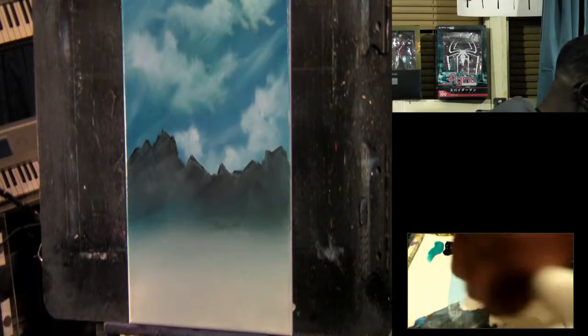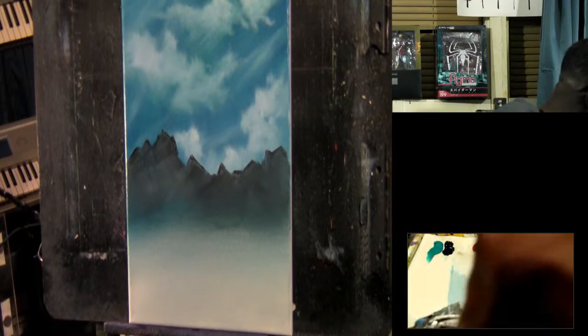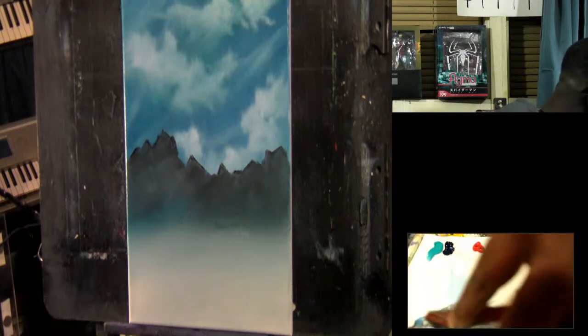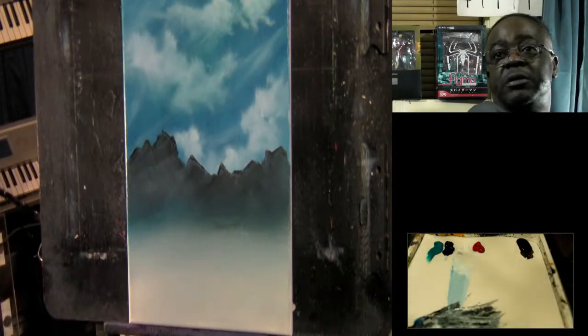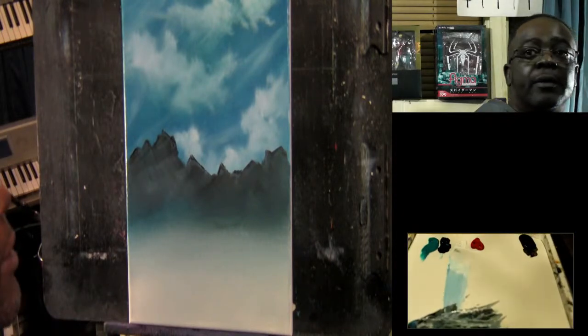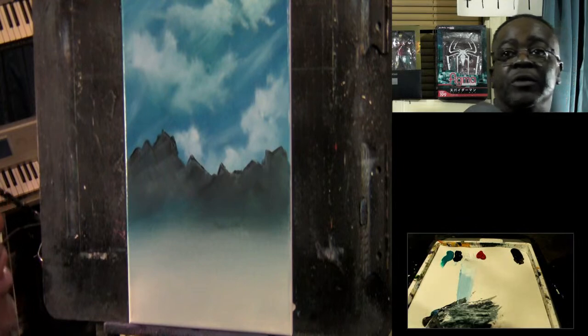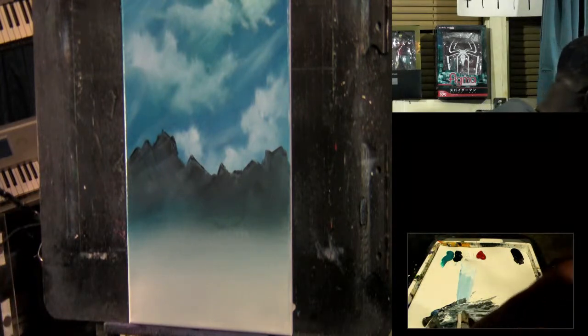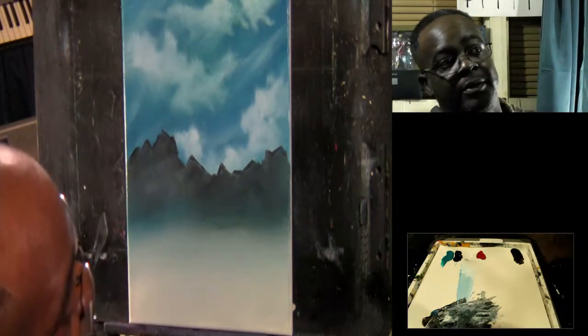Let's get a little bit of white. I'll mix it in with this blue-black stuff here. I won't blend it all the way. We'll move that back some. I think pretty much we're in focus there, we go. We're in focus pretty good down there. All right, I'll get a nice little swipe across. And we'll just